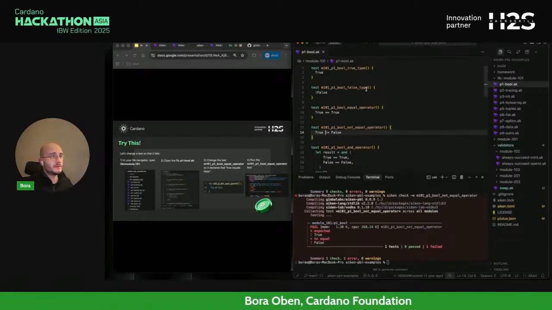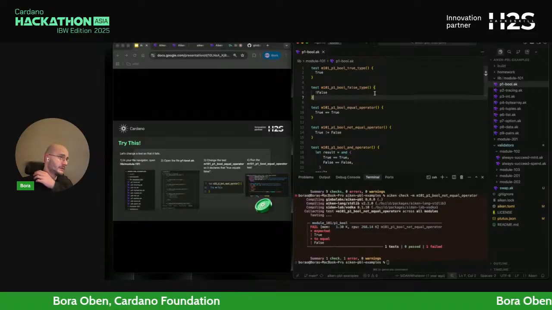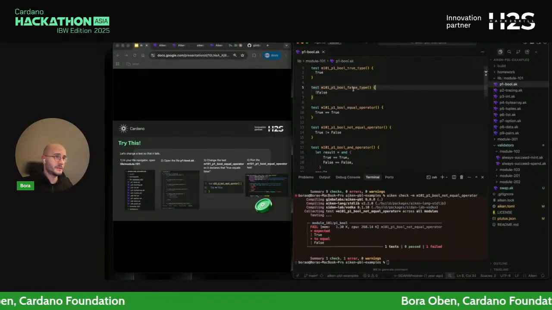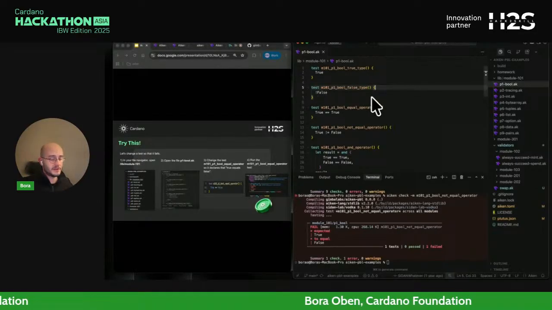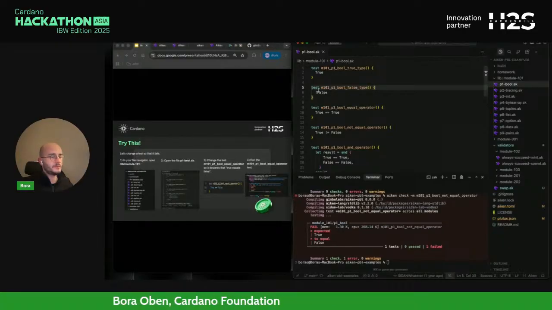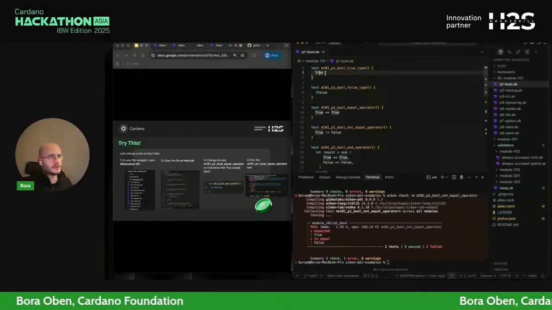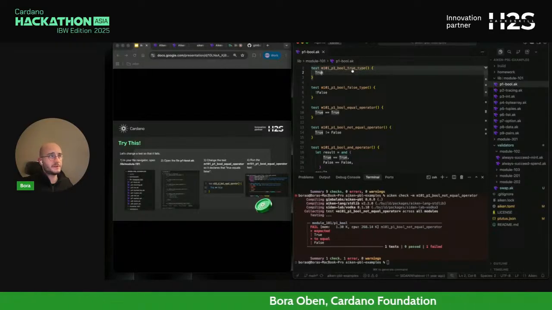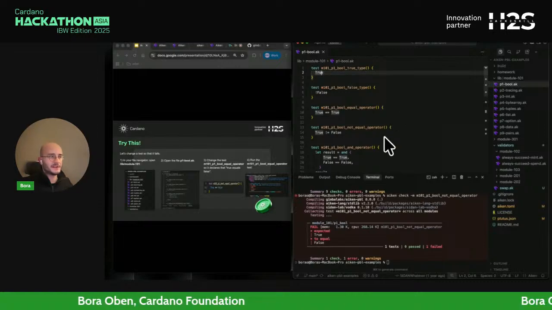Any block, any control flow in Aiken is always checking for the Boolean return in each line. So what you see here, just because there's a true here, this test will return true, and that means it will pass. So you write your tests in that logic.